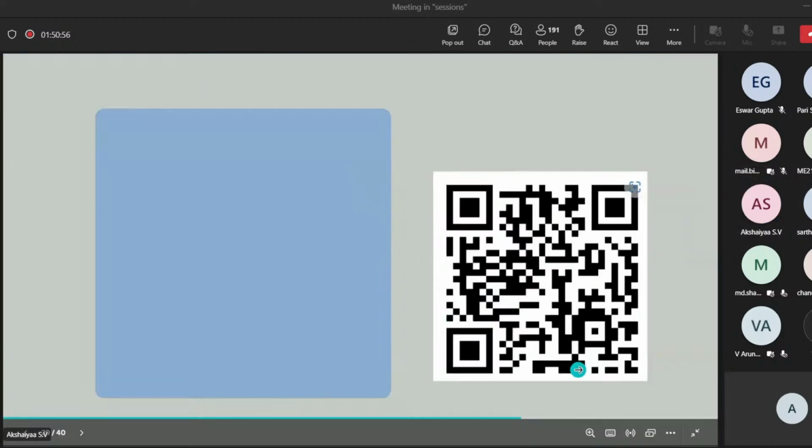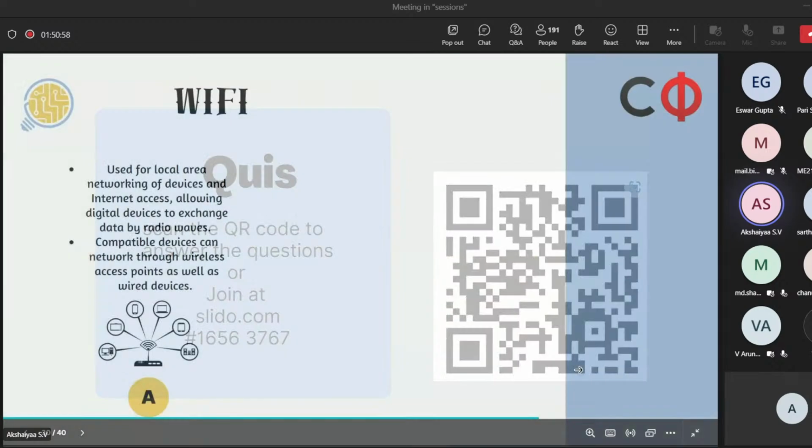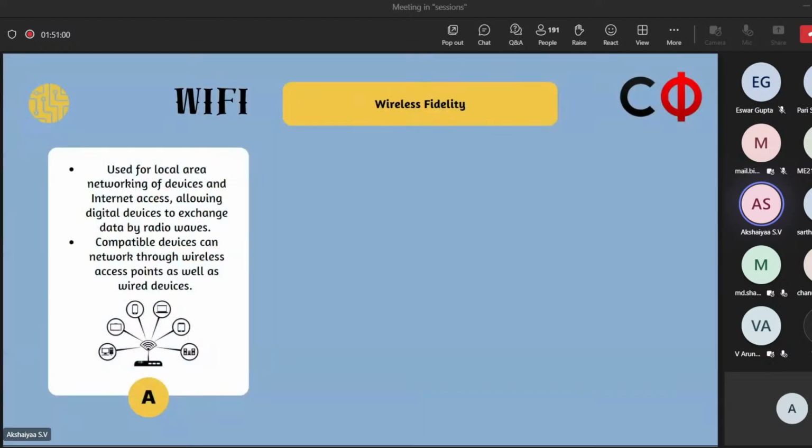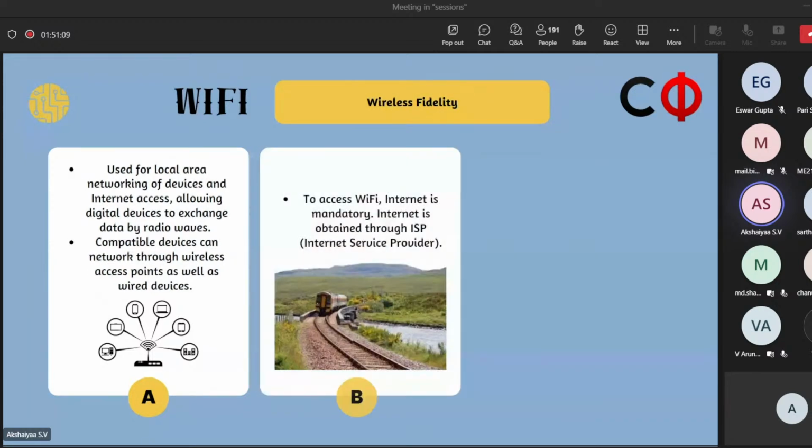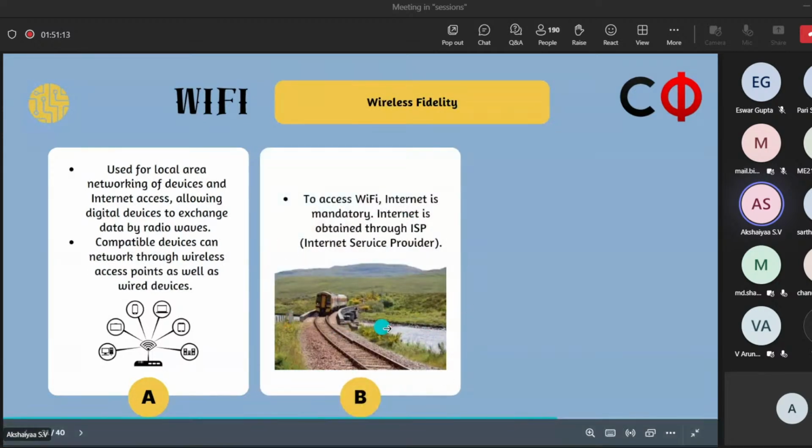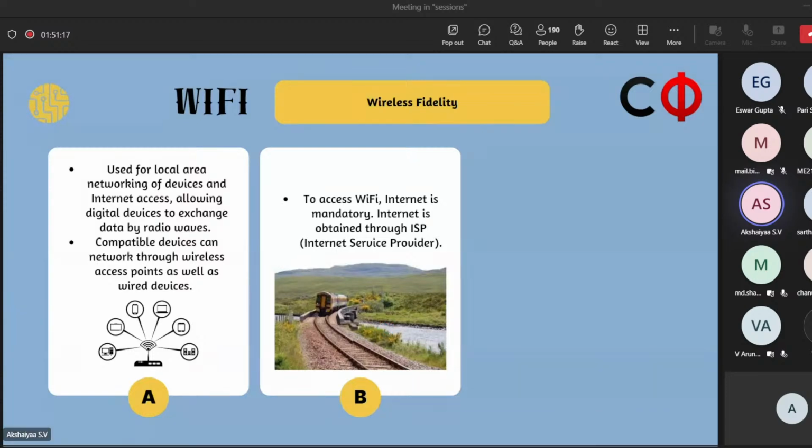Right, another very simple protocol. So what is this? This is a wireless means of communication or exchange of data between two devices, right? And the most important thing for setting up Wi-Fi is, of course, the internet. So I've put this picture here, as you guys can see. It's like the internet is kind of the tracks, and the railway, the engine and everything is kind of the Wi-Fi and all the devices which are mounted. So internet is kind of the basic requirement for Wi-Fi.